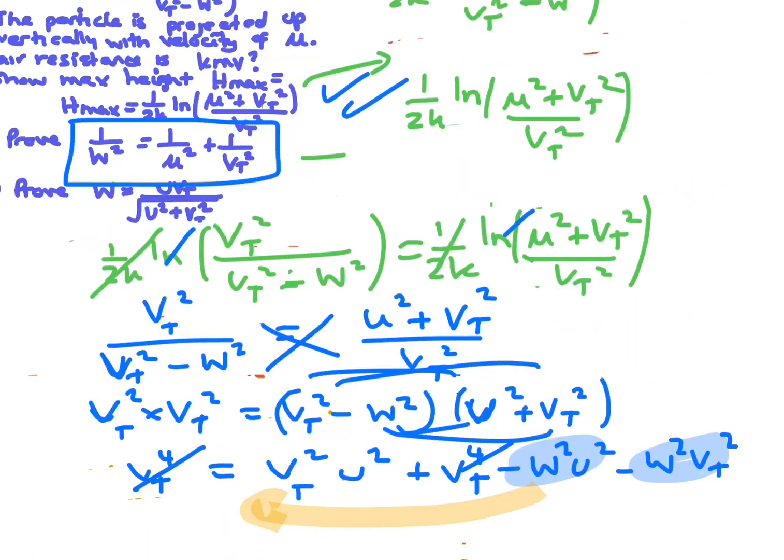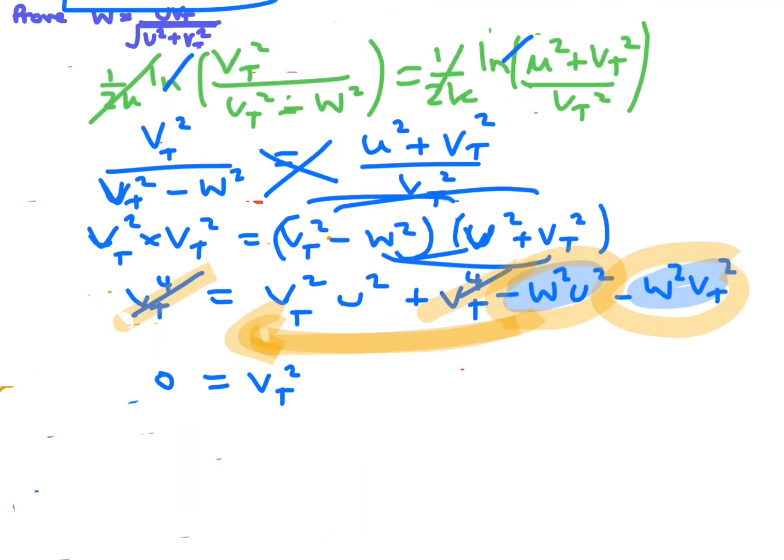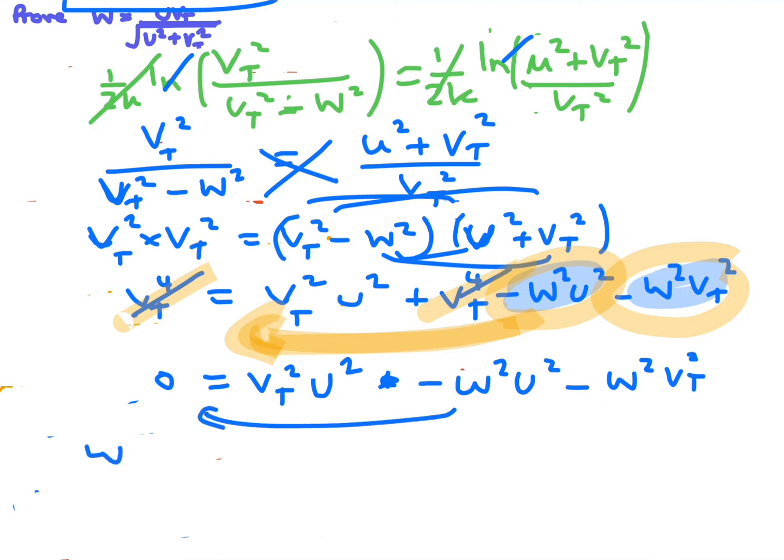Okay, so the vt squared will cancel, so that's that and that. And then these ones here are negative, so I'm going to move them over to the other side. So you have 0 is vt squared mu squared minus w squared mu squared, minus w squared vt squared. Bring them to the other side, so you get w squared mu squared plus w squared vt squared